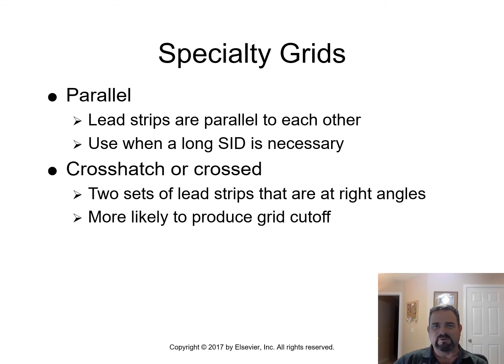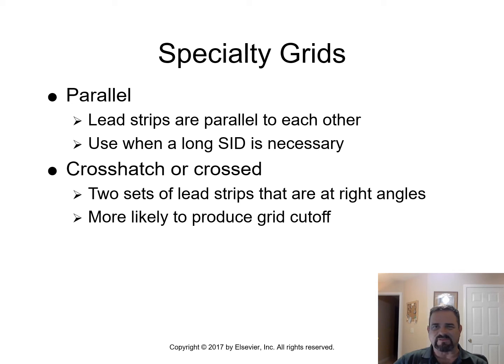All right, so specialty grid: a grid with strips that are parallel to each other rather than focused is called a parallel grid. Parallel grids can be very useful for radiography at very long source image receptor distances, or SIDs, because the useful portion of the X-ray beam is nearly perpendicular to the grid when the distance is great. Another type of grid is very simply